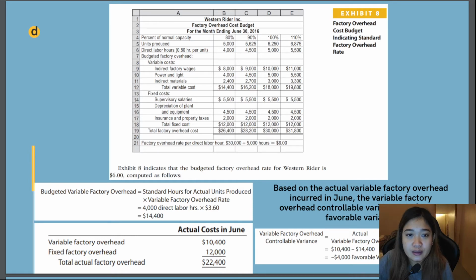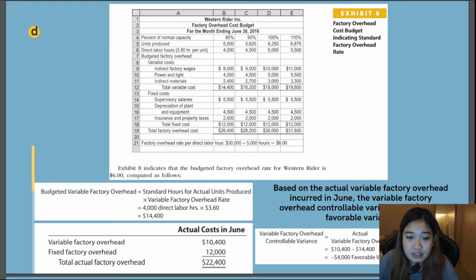During June, assume that Western Rider incurred the following actual factory overhead cost, which is 22,400. Based on the actual factory overhead incurred in June, the variable factory overhead controllable variance is 4,000 favorable. It is computed as actual variable factory overhead minus budgeted variable factory overhead, which is 10,400 minus 14,400,